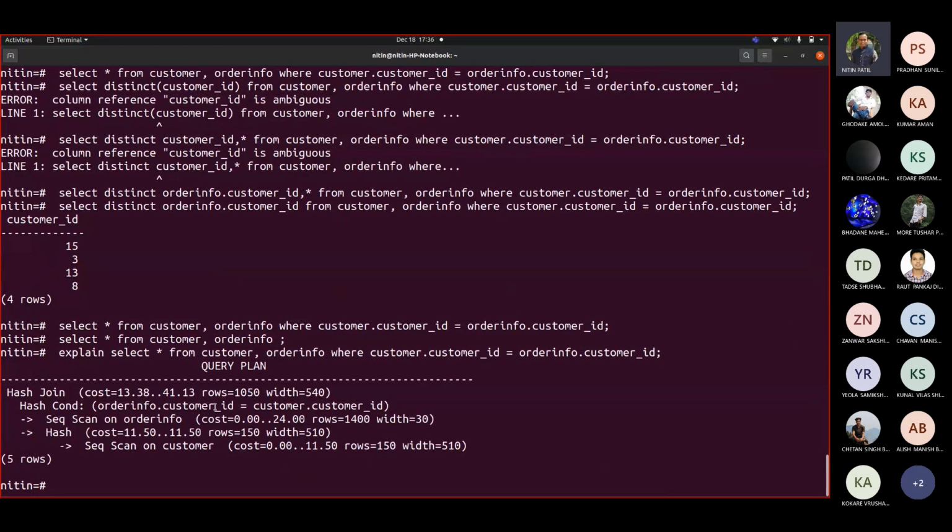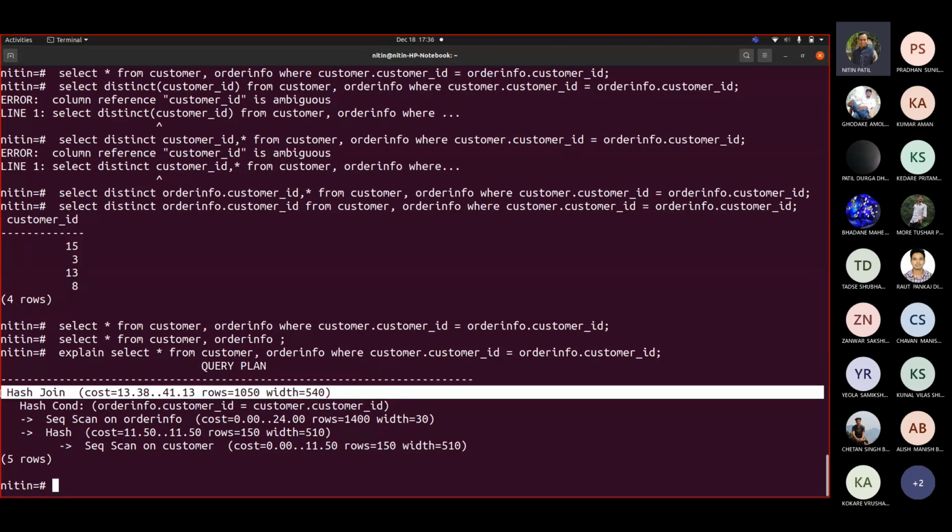I can see that sequential scan is still there, but now it is to be grouped in such a way that this will match, and that's why this hash condition came into the picture, and it is making use of a join called hash join. Now I assume you must have used some database book in your database course, no matter where exactly you did it, probably in your bachelor's or in your first semester of MSc MCA. You had a database course, correct?